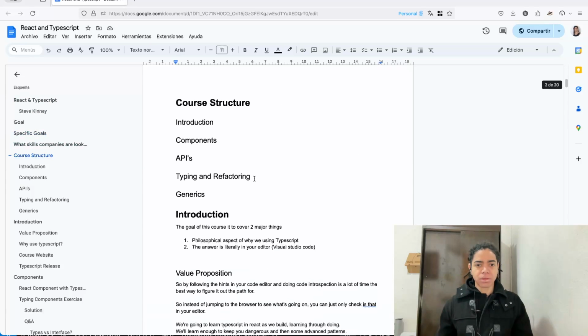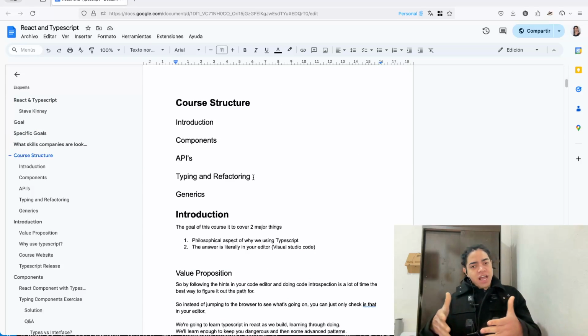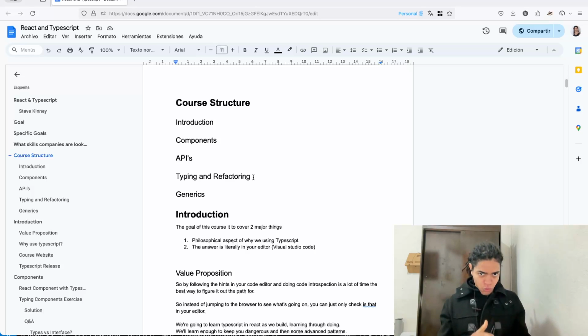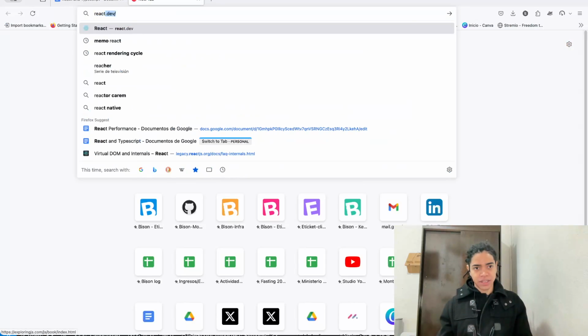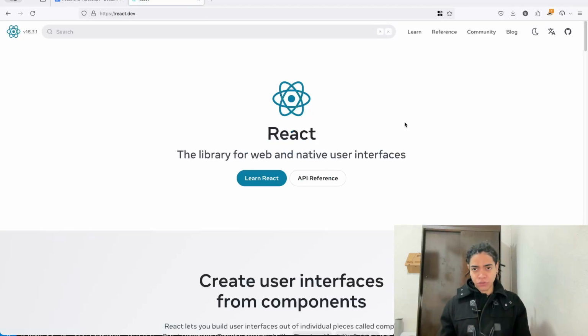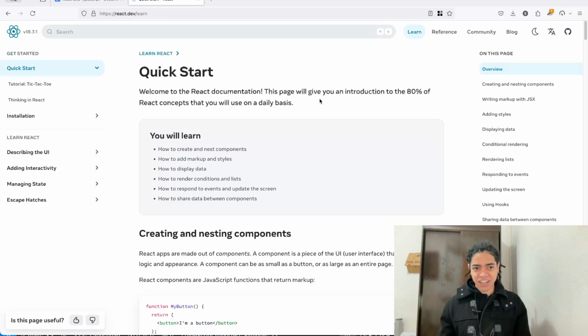Because as a way to understand how you can optimize something, you need to understand how that thing works first. That's why over the couple of months, I have dedicated time to actually understand how React works behind the scenes. So by taking a look at the React docs, especially the Learn sections,